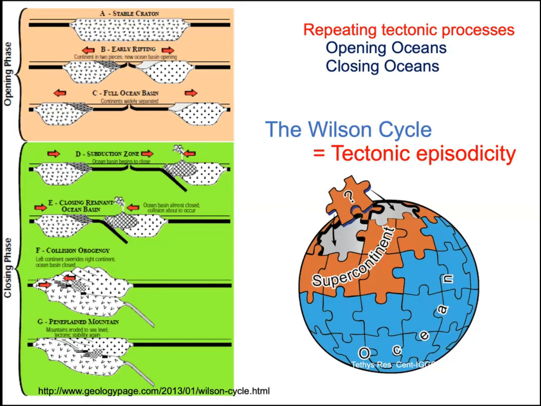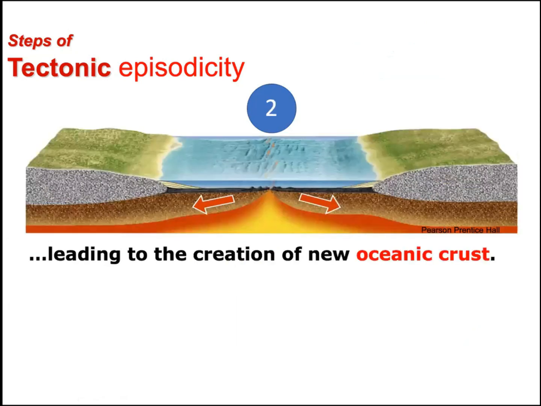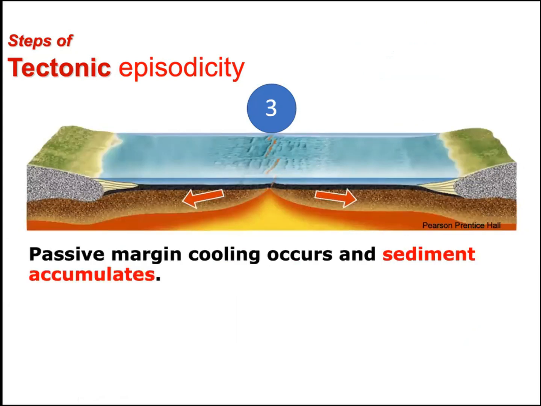So that's why we consider the Earth was once in a different configuration than today, but again in the future this will be different, right? So this is what we call the tectonic episodicity. Okay, for the tectonic episodicity, the first thing you need is rifting, splitting of the continents, and then the oceanic crust moving, and you can see subduction here, so that is required, and then cooling is necessary because of this